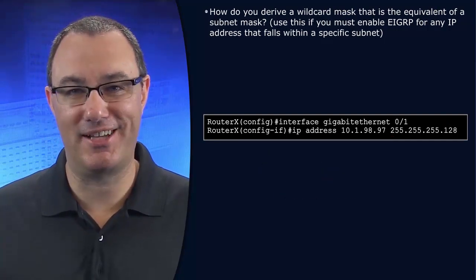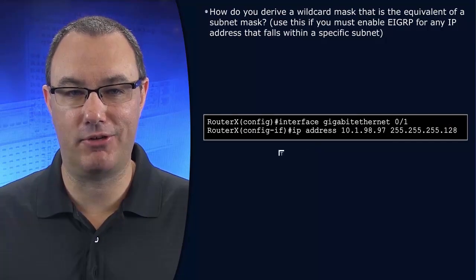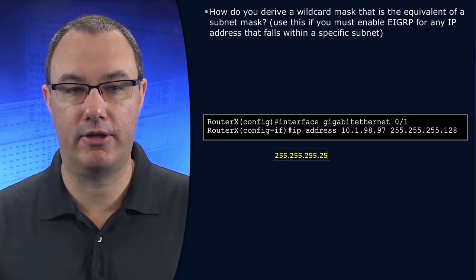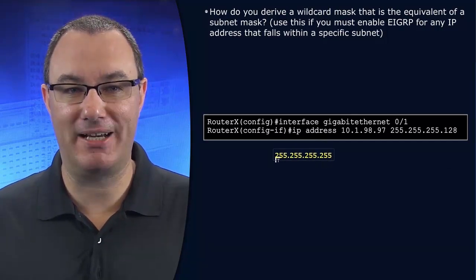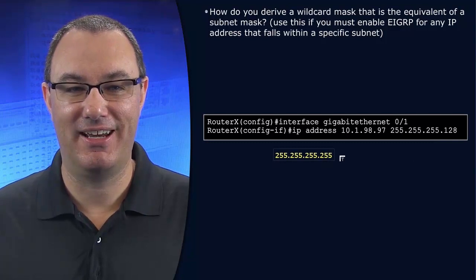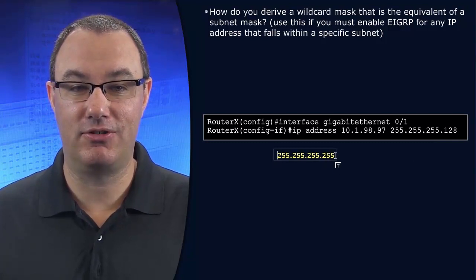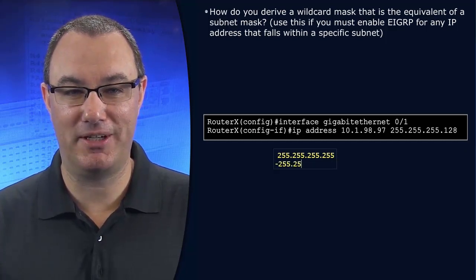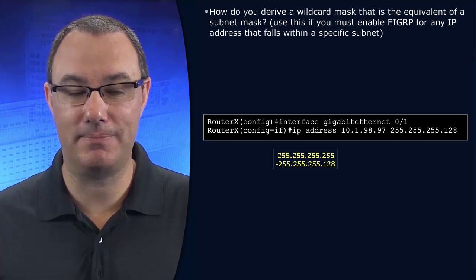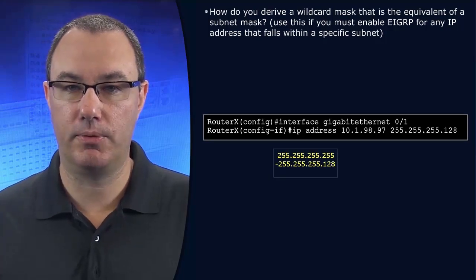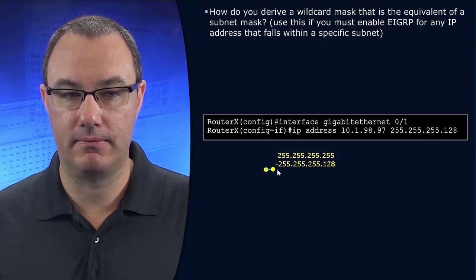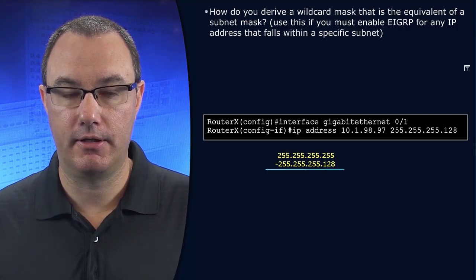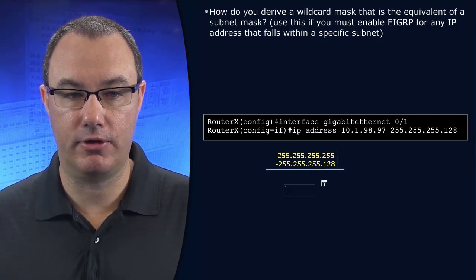Subnet masks come in a lot of shapes and sizes, and we need to make sure that we're good with crafting complex wildcard masks from unusual subnet masks. And this is one that is used, but I would also call it unusual. Unusual because you're not going to find it in the wild a whole lot. So what are we going to see there? We're subtracting from all 255s our subnet mask in dotted decimal form, and we get in return